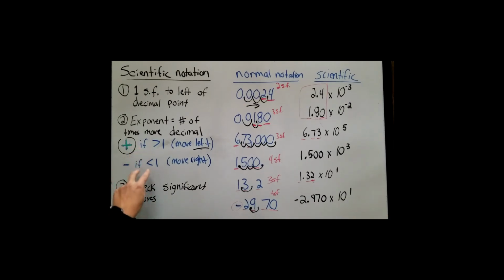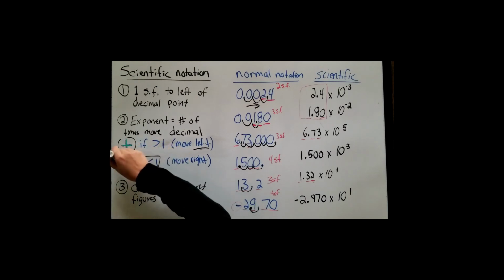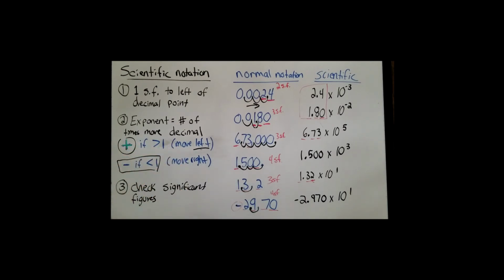But if you memorize it this way, where if the number is greater than 1, it's positive. If the number is less than 1, it's negative. Well, a negative number is less than 1, right? I mean, 0, and then you go to -1, -2, -3, so that's going to be less than 1. So if you're memorizing it using this, you want to make sure if there's a negative sign that you're not counting that towards the number itself. So what I mean by that, I'm going to go ahead and put a stipulation on this rule. So instead of being less than 1, you want to make sure